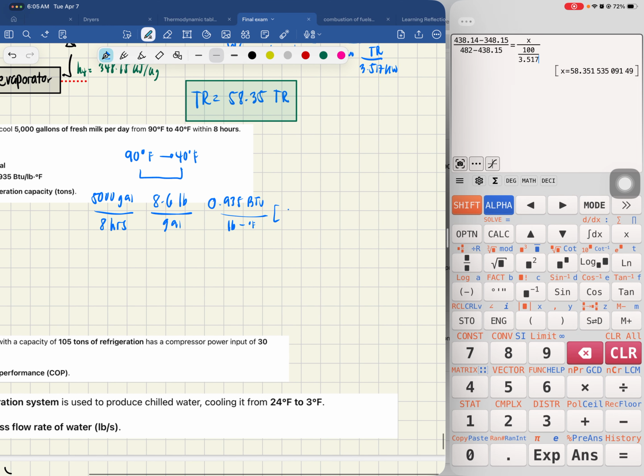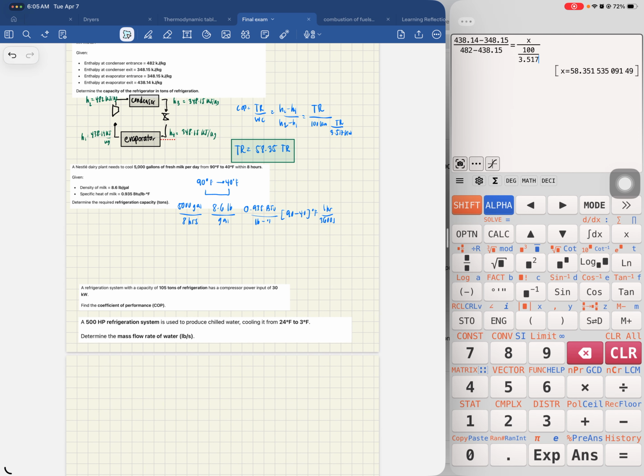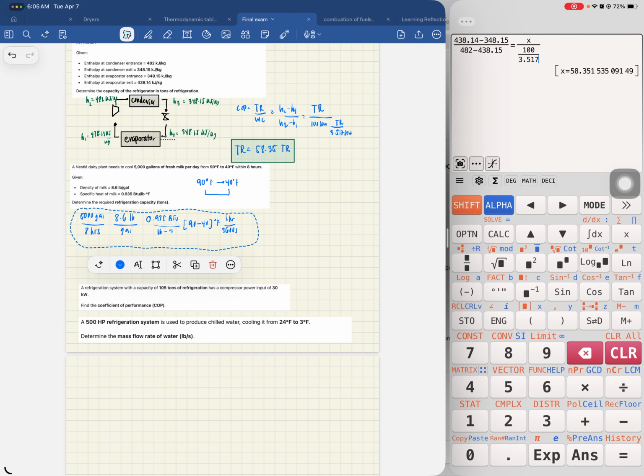And the temperature difference is 90 to 40 degrees Fahrenheit. For every 1 hour, there is 3,600 seconds. The difference is that I use, since we want it in